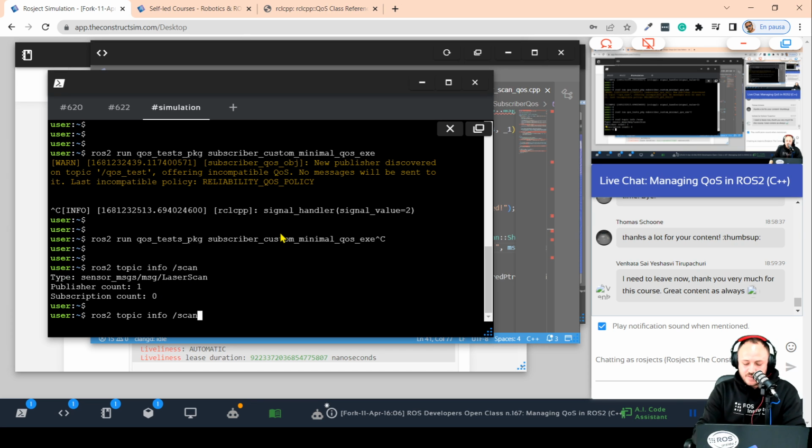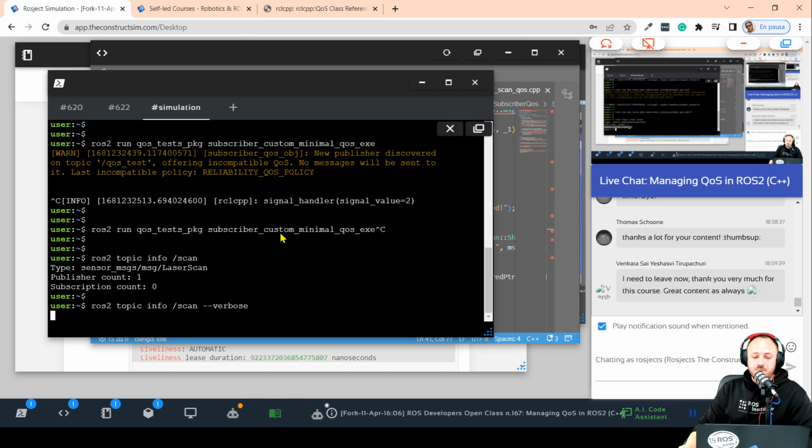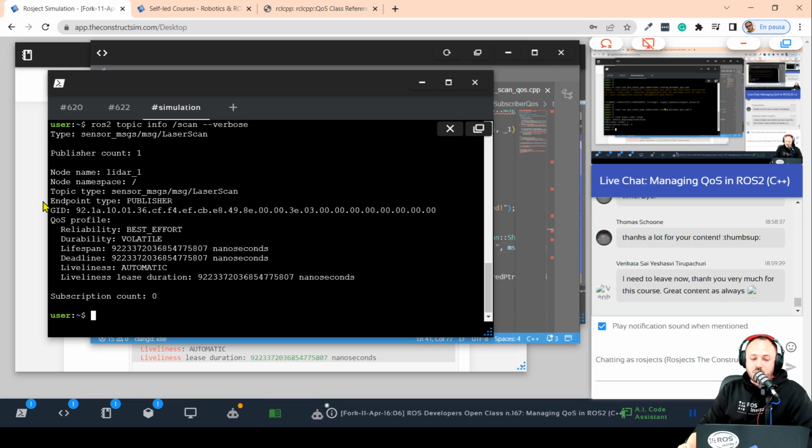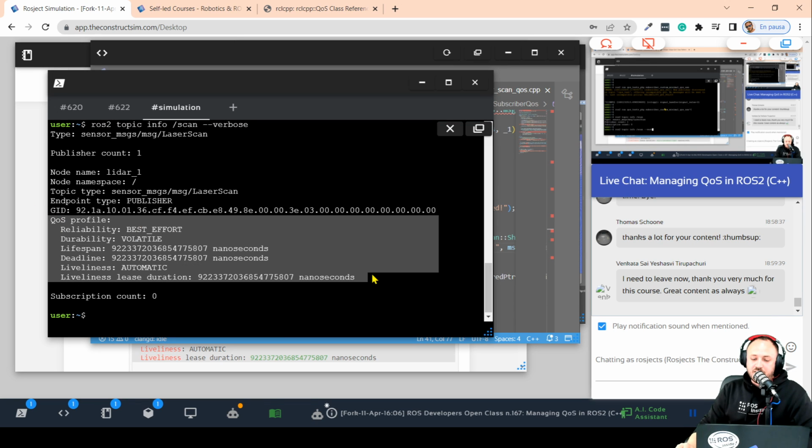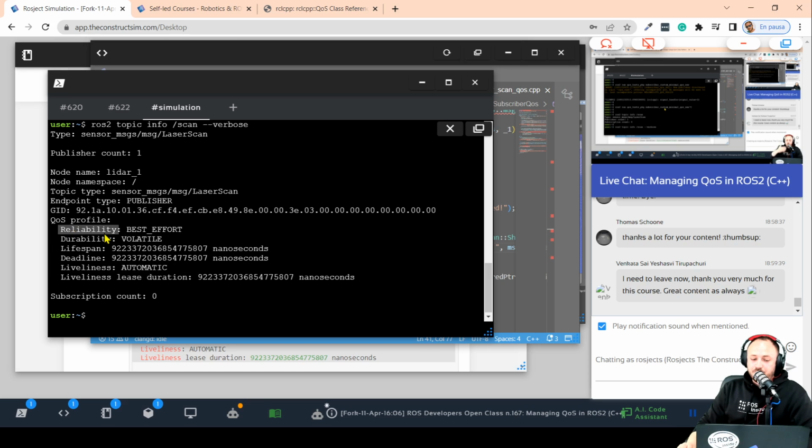But if I add the verbose tag here at the end, I'm going to get also information related to the QoS settings. For instance, I can see that the QoS policy, the reliability policy for this topic is best effort. Yeah? So, if this is best effort,